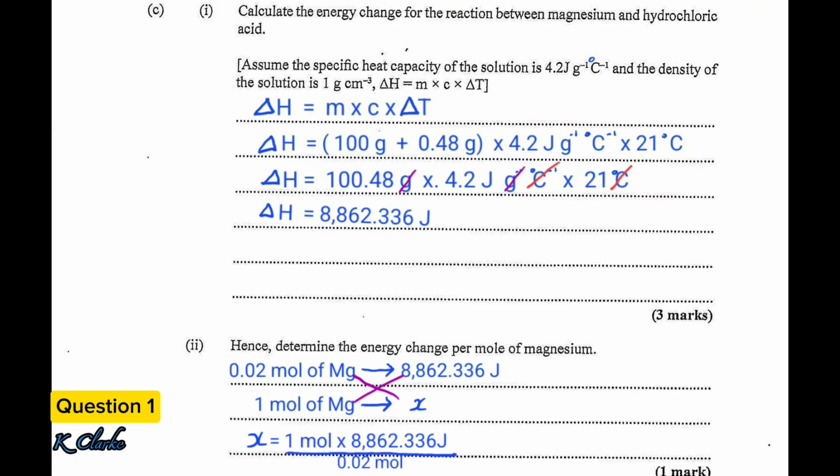X equals 1 mole multiplied by 8,862.336 joules. This divides by 0.02 mole. X equals